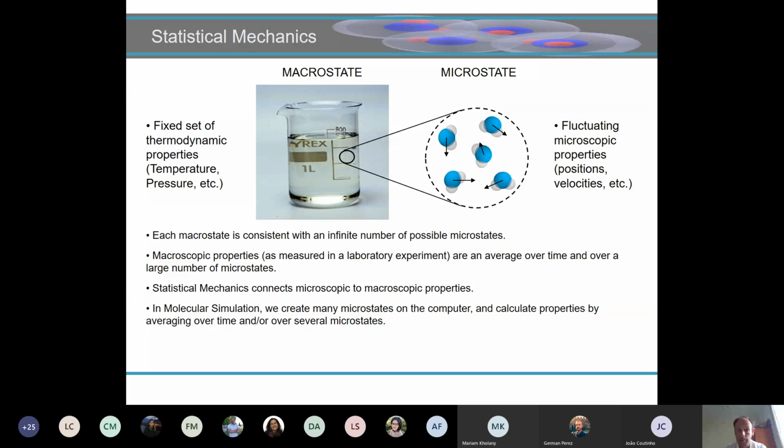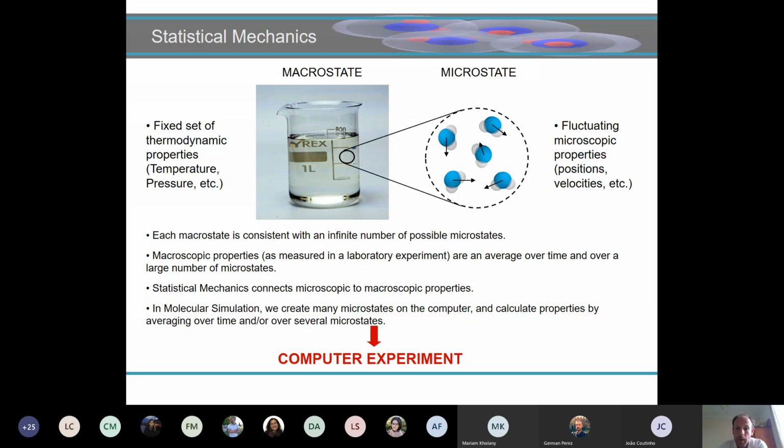Okay, and in fact, some people call statistical mechanics statistical thermodynamics or molecular thermodynamics. There are some people who call it that. So that's the underlying theory. I won't spend a lot of time explaining what it is, but essentially you can think of this as